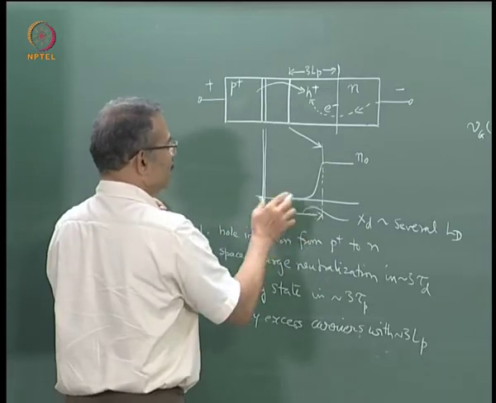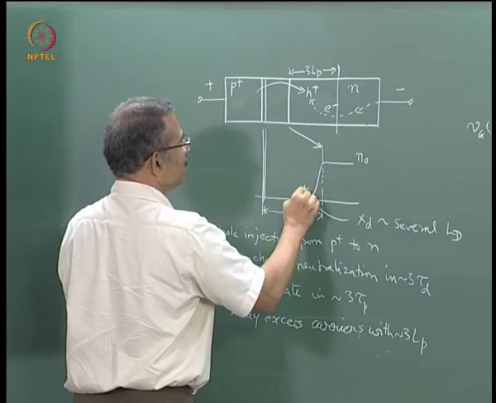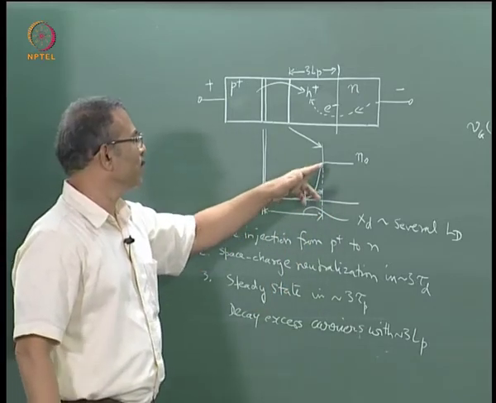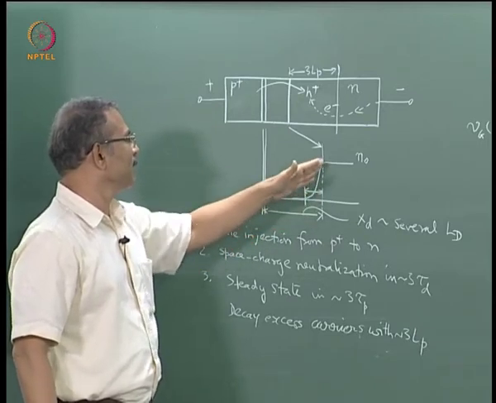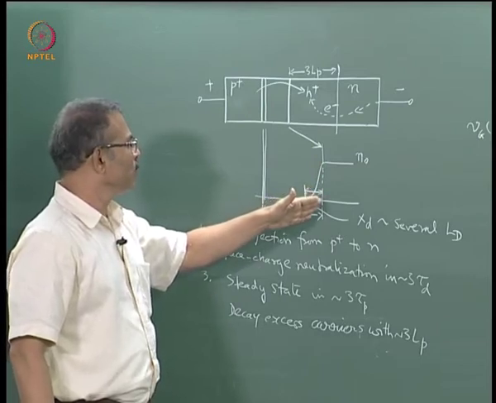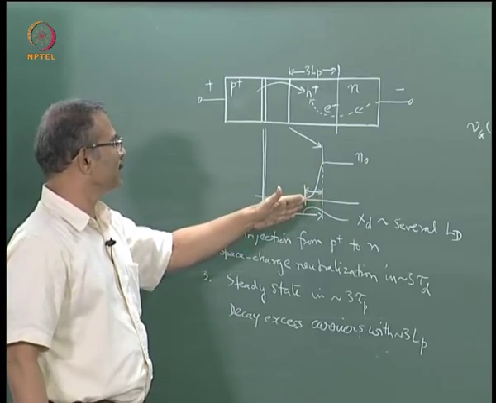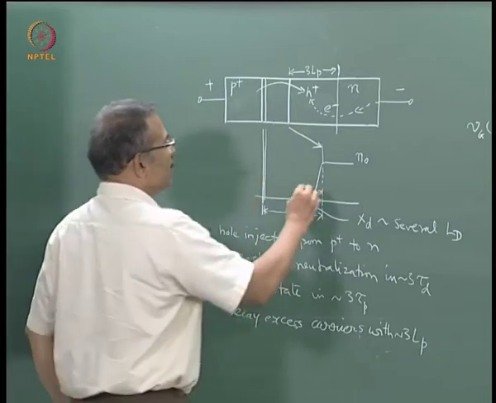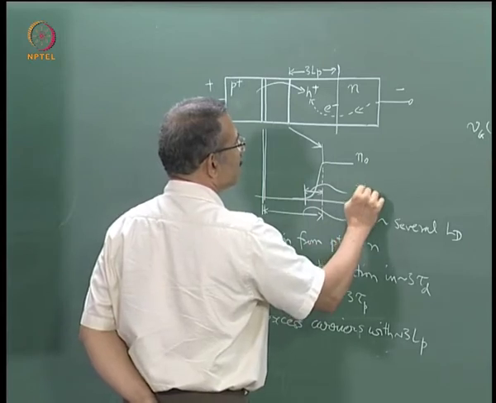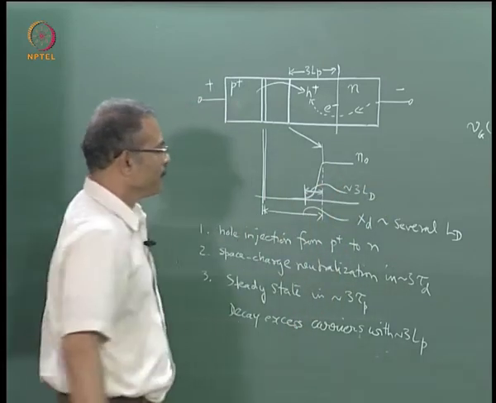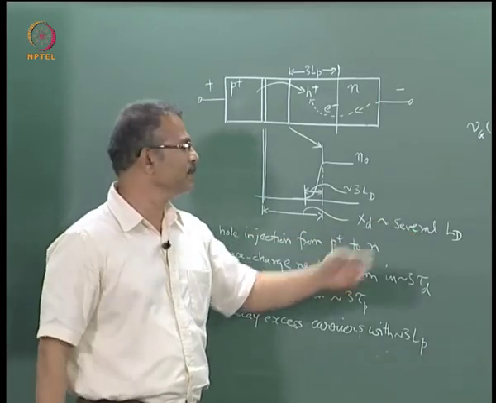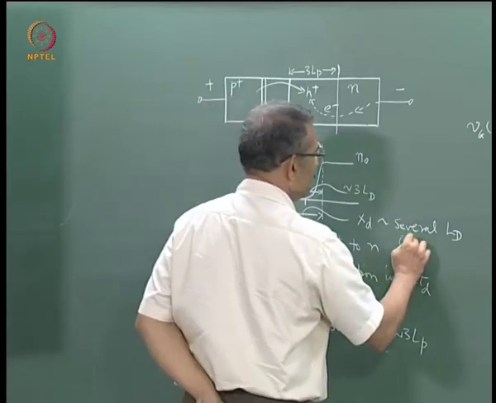and within this, for the extent over which this fall will occur, an assignment was given to you to find out how much distance it takes for the electron concentration to fall to 1/10 of its value. So it will fall to about 5% of its value, and this will also be of the order of Debye lengths, except that this would be about 3 times the Debye length, whereas the XD would be 7, 8, 9 times the Debye length, about 7 to 9.